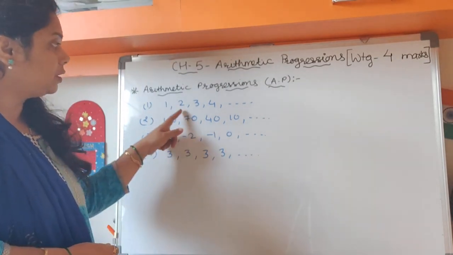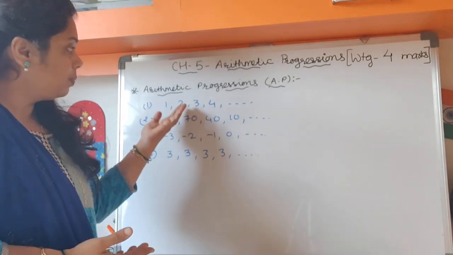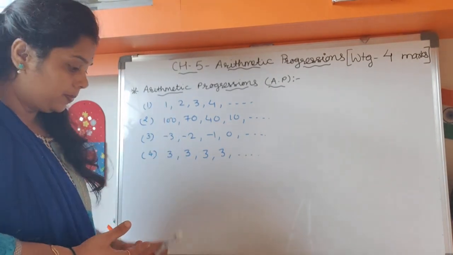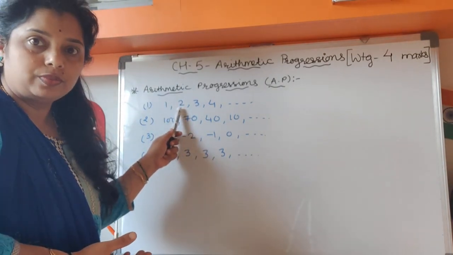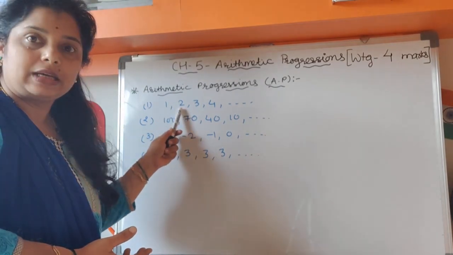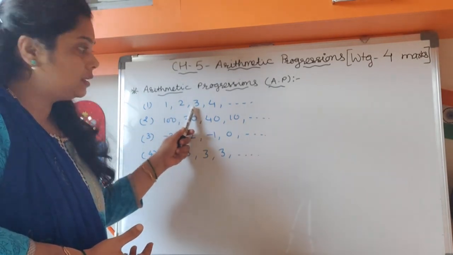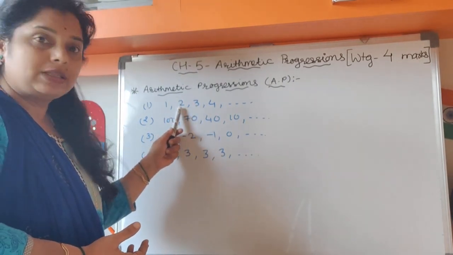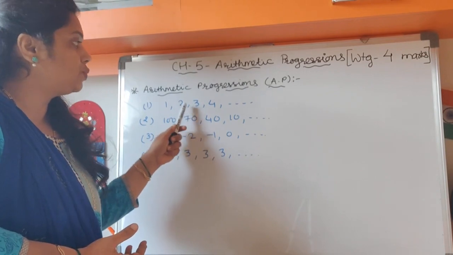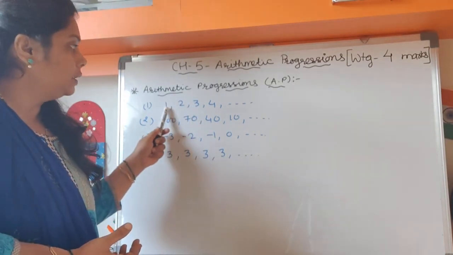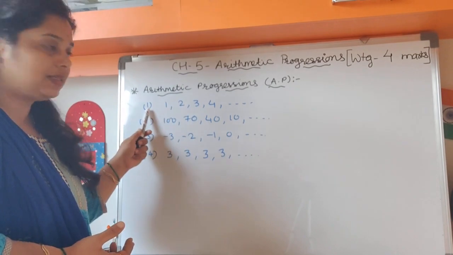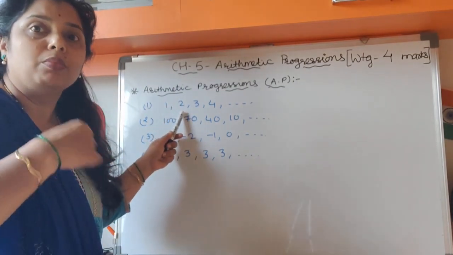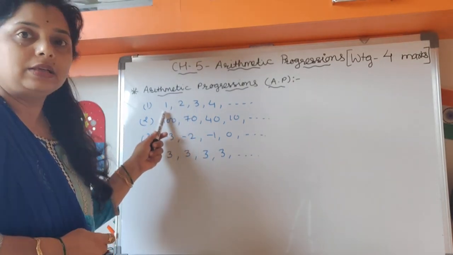It means जो भी term है next वाली वो अपने पहले के term से एक ज़्यादा है. For example, here first term is 1, and its next term is 2. तो उसकी preceding term से एक ज़्यादा है. Similarly 3 is the succeeding term of 2. So 2 is the preceding term for 3. So 2 plus 1 is 3. In short, in the first example, the succeeding term is one more than its preceding term.